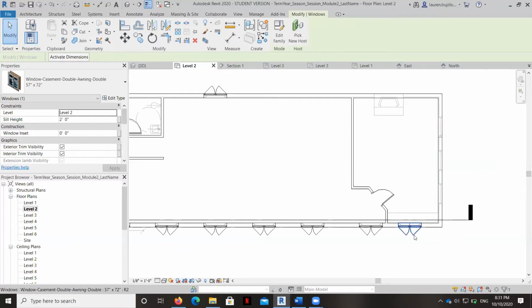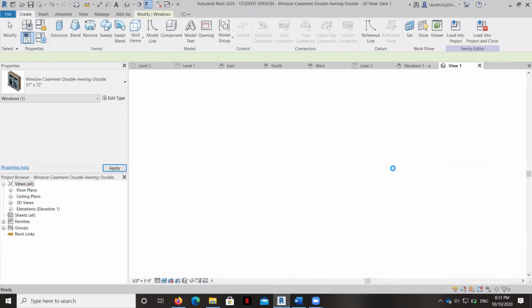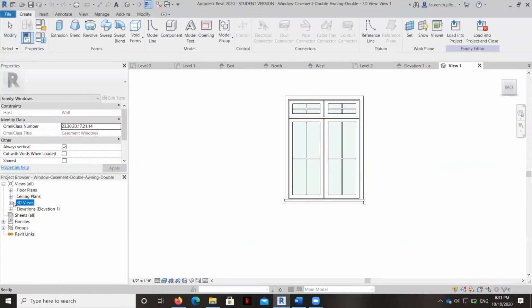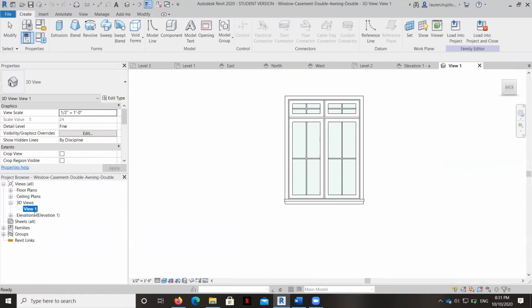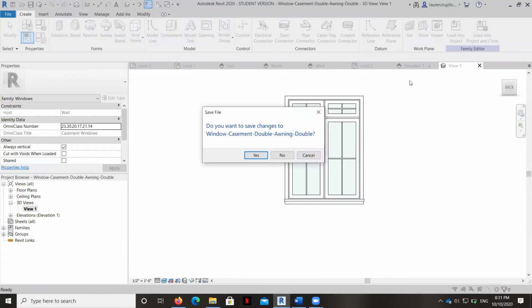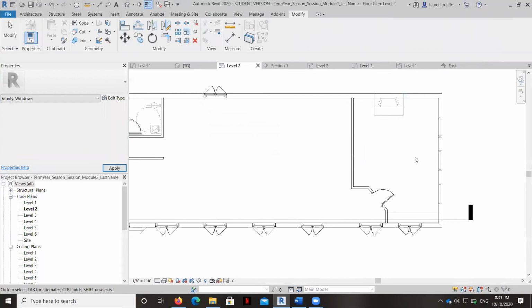Now, as you're going through this, you may accidentally double click on a window, and it's going to open up the family. And this is almost like a second window that it opens up where you get to actually mess with this thing. And you don't really want to do anything with this yet. We're going to go ahead and create our own families. But if you wanted to, let's say, delete an element and reload it, you could. But all you have to do to get out of here is just go to your tab up here and say, no, you don't want to make any changes to it. And then it'll bring you back to your screen.